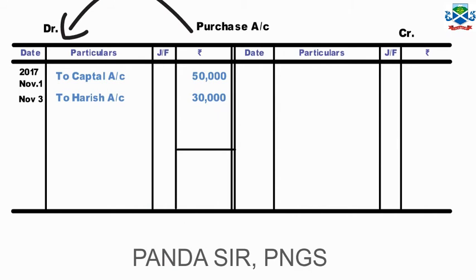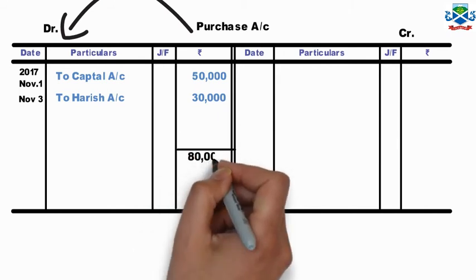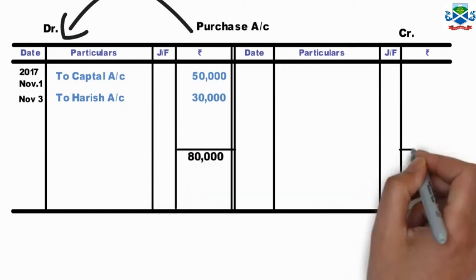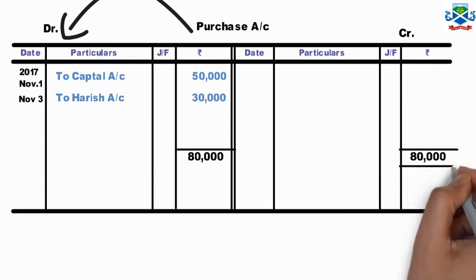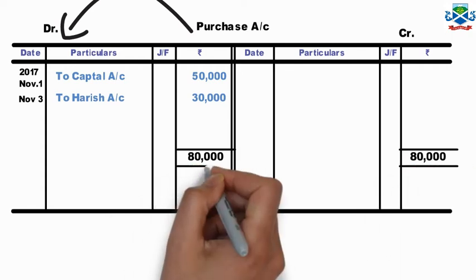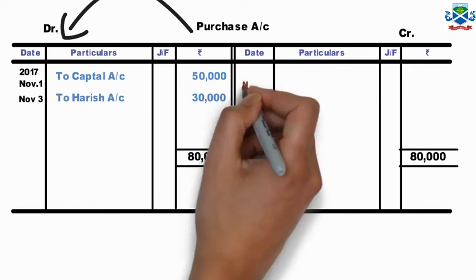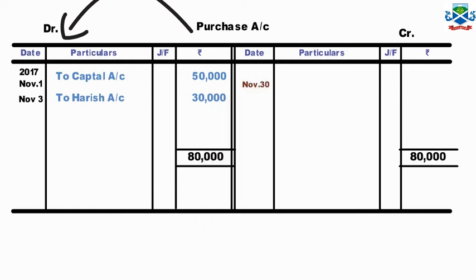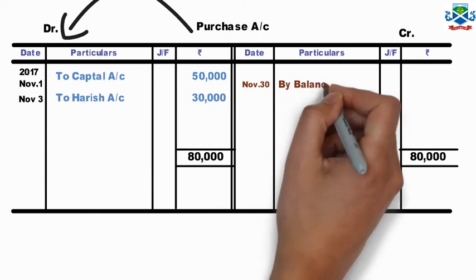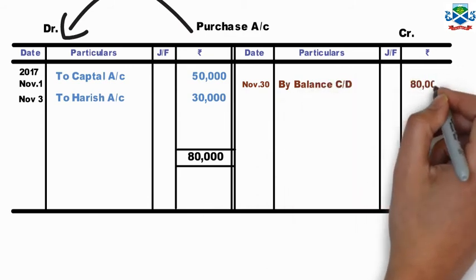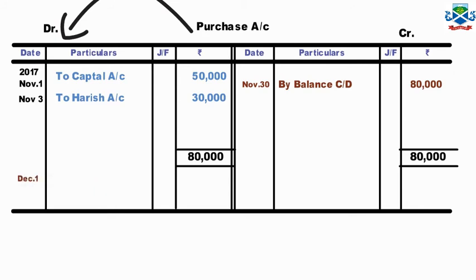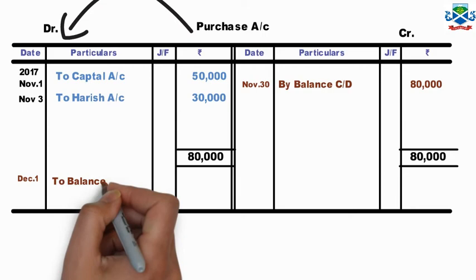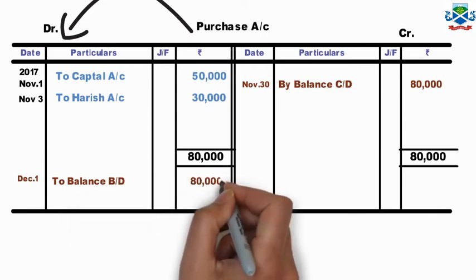The same process we'll do in the purchase account. In the purchase account, look, the debit side total is more, 80,000. We take this figure to the credit side, 80,000. Now we have nothing on the credit side, so we will make it 0. If you subtract, you will get 80,000 remaining as required for the credit side. So we'll write November 30, as I said, balance CD on the last day of the transaction. So balance CD 80,000, and on the opposite side we will write, by adding one more day, or the same day, balance BD. BD means brought down, that is 80,000.